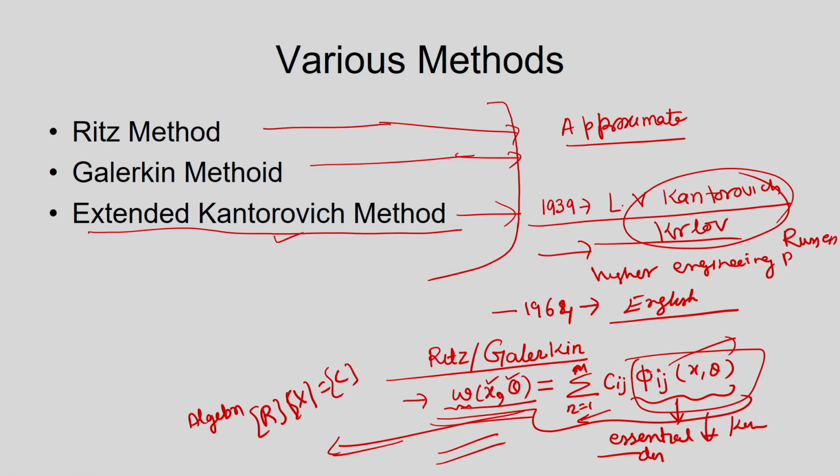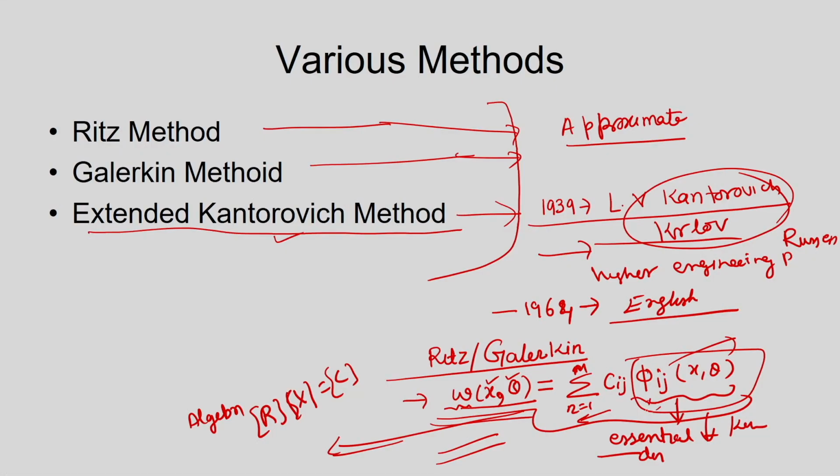So, the very first limitation is that it is very difficult to easily find a function which satisfies other boundary conditions, like clamped or free and so on. If we are not able to find that approximate function, then there will be a convergence issue; the result will not converge. These methods depend upon the initial choice. If the initial choice is very close, then we will get the result. If the initial choice is far away, then we will not get accurate results. So, to eliminate this dependence,